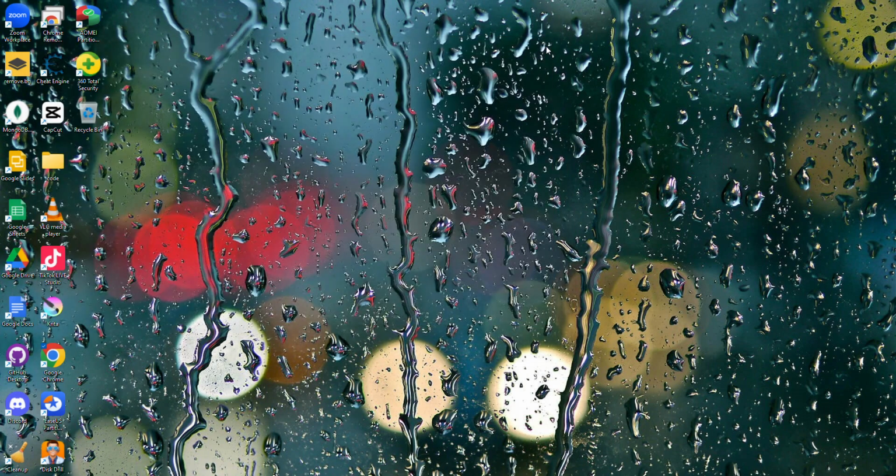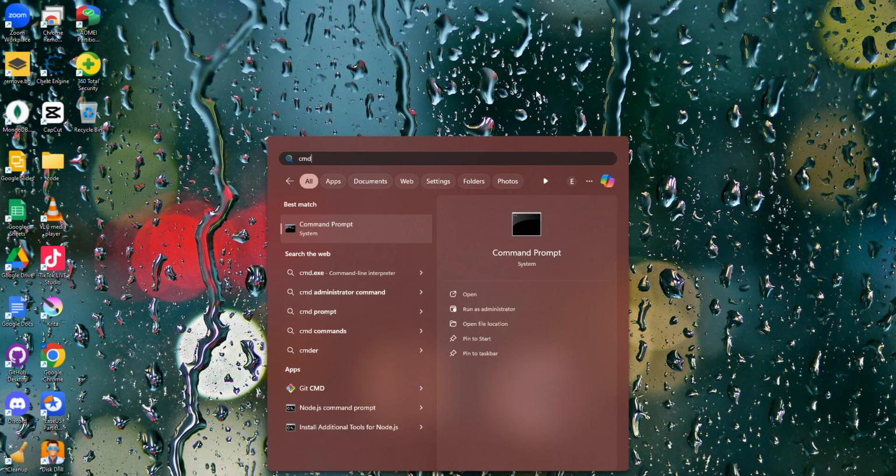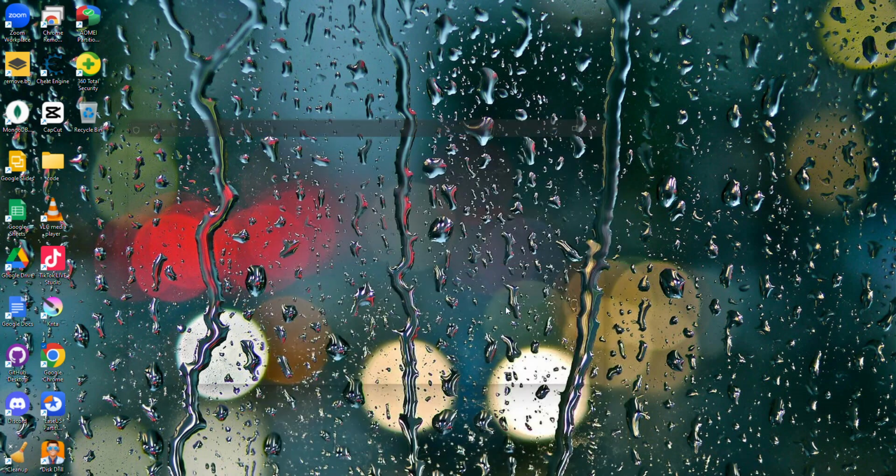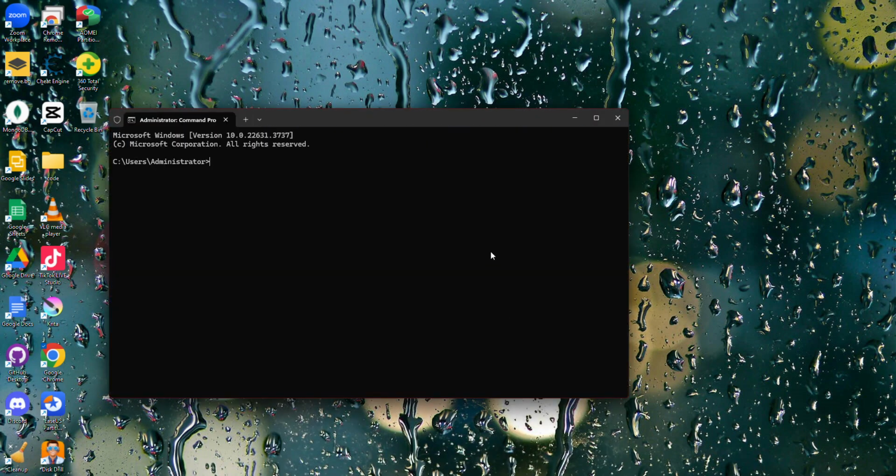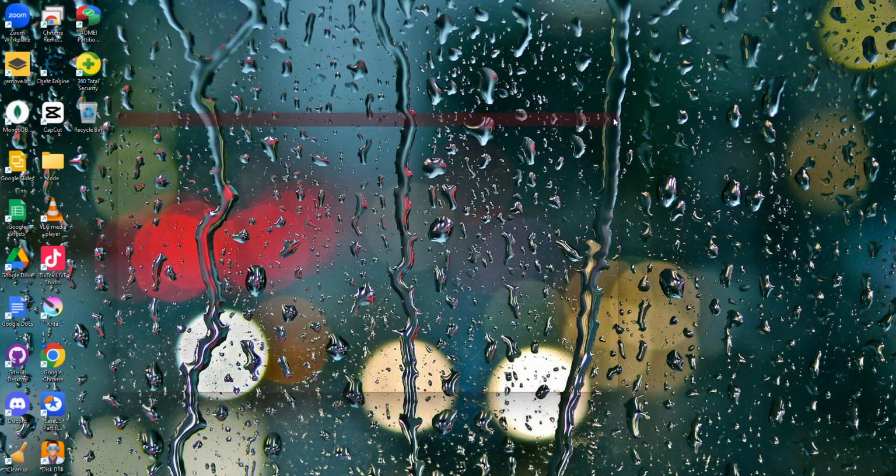Then to test for my npm and node again, cmd, run as administrator. And test npm again. You'll see it immediately gives me my version. But if it still shows you that npm is not recognized, all you have to do is track down your installation folder, which is